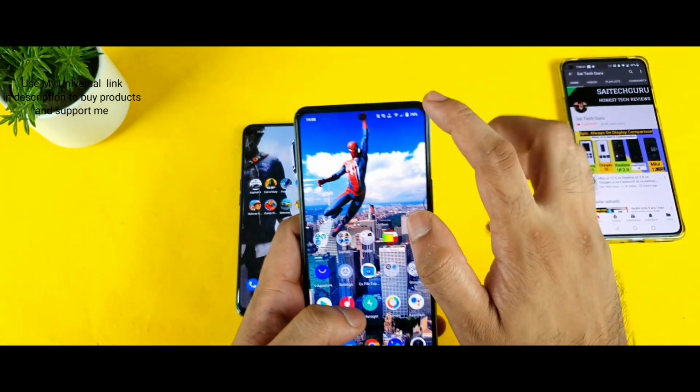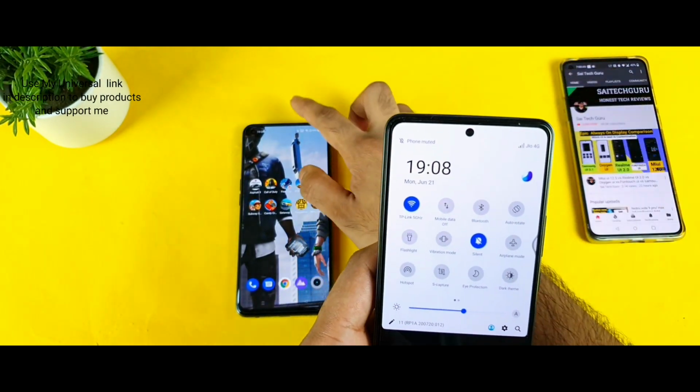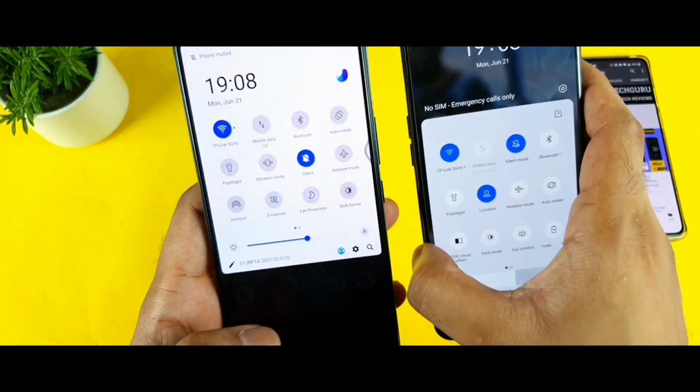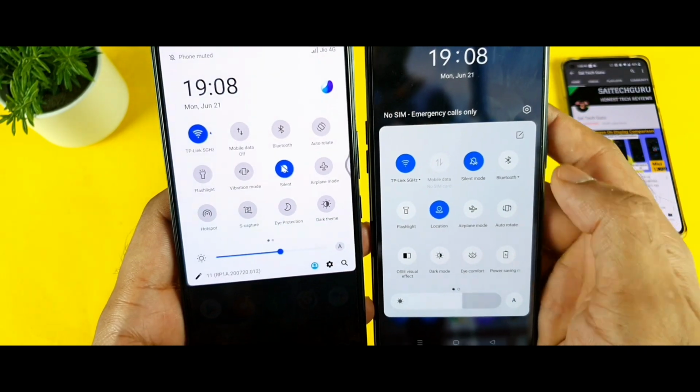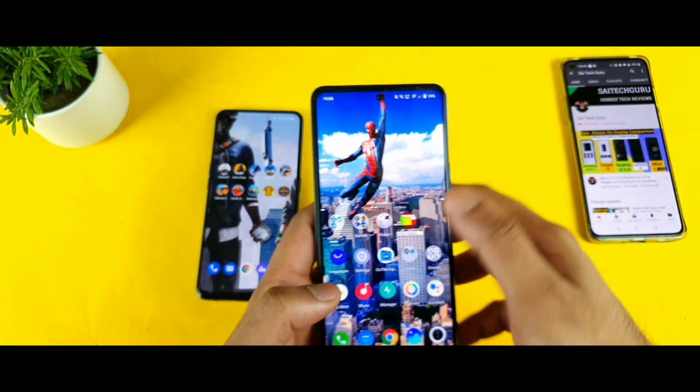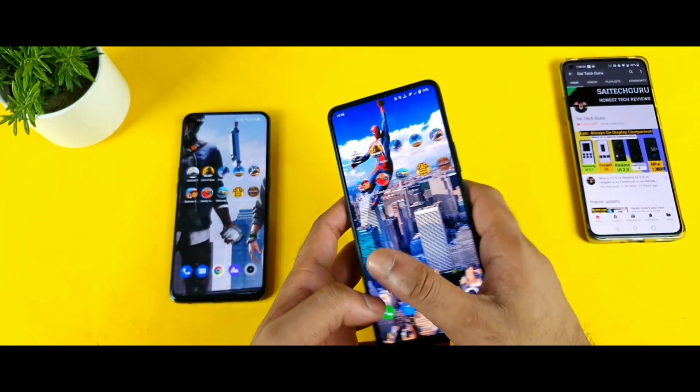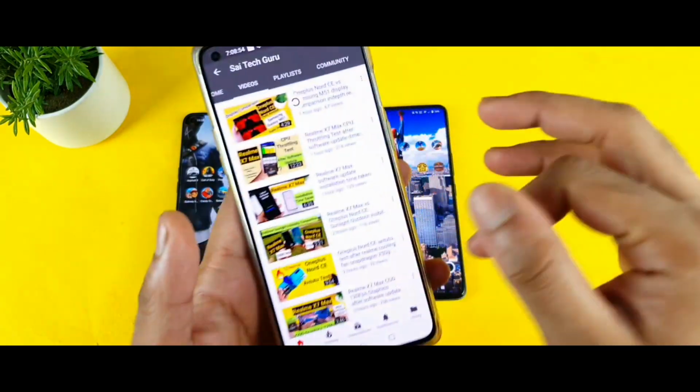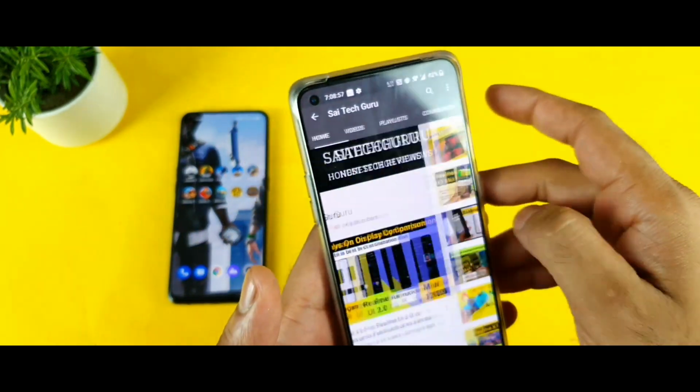In the previous video I did not use the external RAM, so that is another change which I made in this video. And both phones are connected to the same Wi-Fi network, which is the TP-Link 5 GHz router, as you can see, friends, 5 GHz. So both should have the same network speeds as well. Just before this video I uploaded a video on the Wi-Fi speed test comparison between both phones, so make sure to check that video in case you want to know more details.